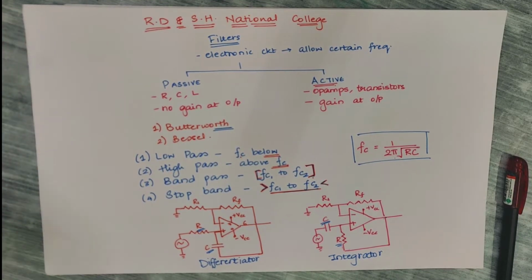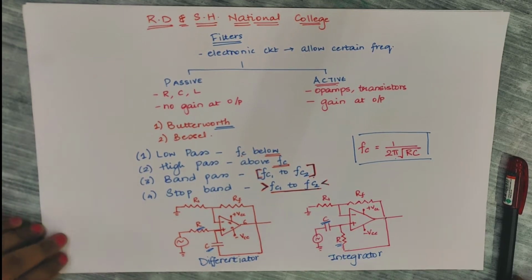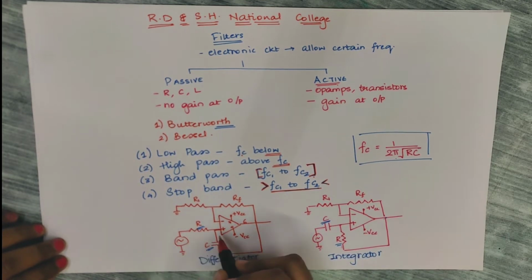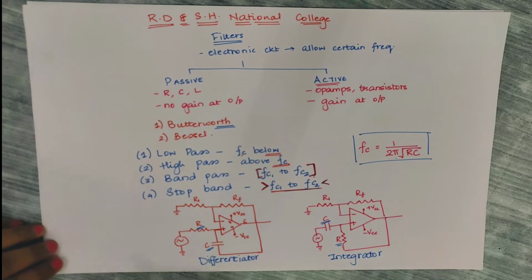Now coming to, I said this was first order. You can have second order, third order, and so on. So how do you get second order, third order, and so on? For second order, all you'll have to do is connect one more RC pair in between your non-inverting edge and the signal. I will not draw the whole circuitry again. I will just show this part.